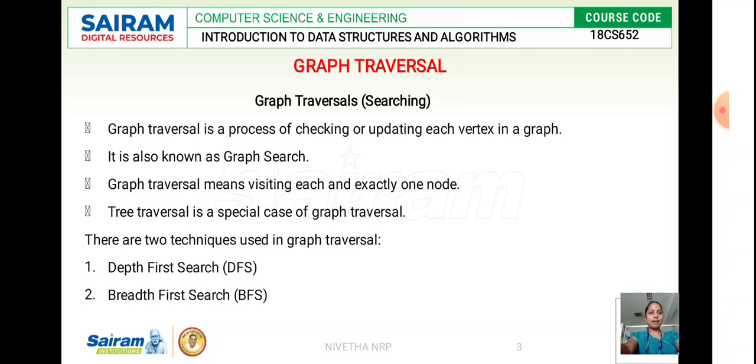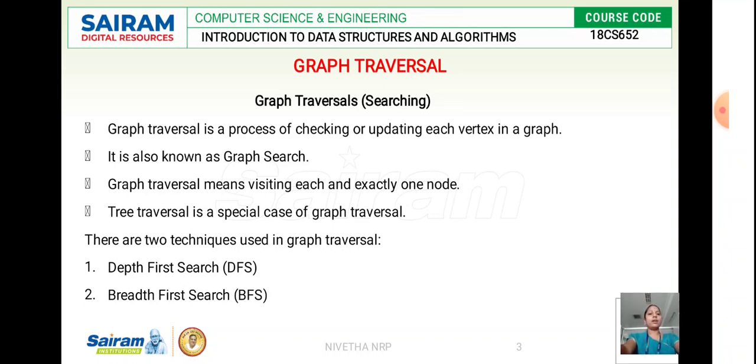Now we will see what is graph traversal and what is the need for graph traversal. First we will see the need for it. Graph traversal is needed for the purpose of searching an element. We know that a data structure is nothing but organizing data in a specific manner so that raw data is converted into useful information, and you are supposed to store the data and retrieve the data from the database. To retrieve it back, we perform the operation of searching, where graph traversal helps.